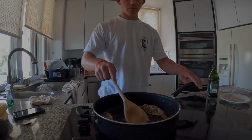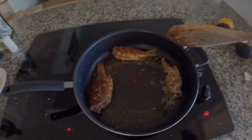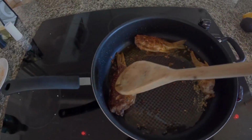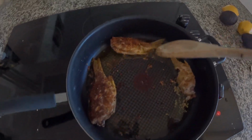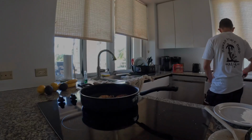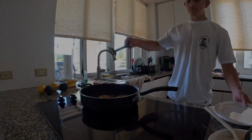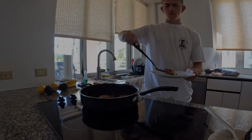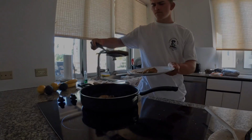Nice golden brown. Okay, that's hot. This is the first side. That one's a little bit darker because I put a little bit more Panko on there. It's a little bit more brown. That one looks good. This one's basically already cooked. It would have been a lot easier to use this guy, but it's alright. Here's number 1. Here's number